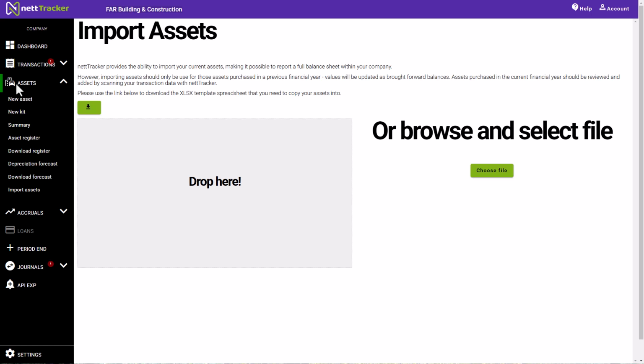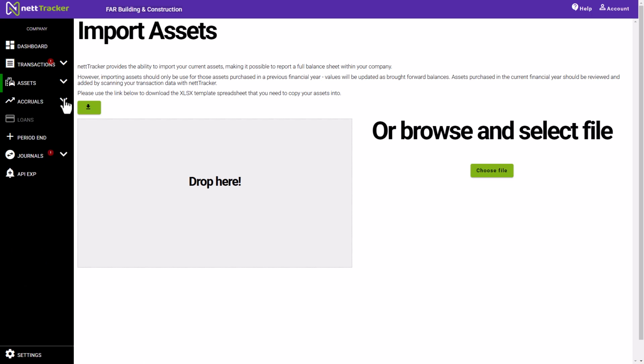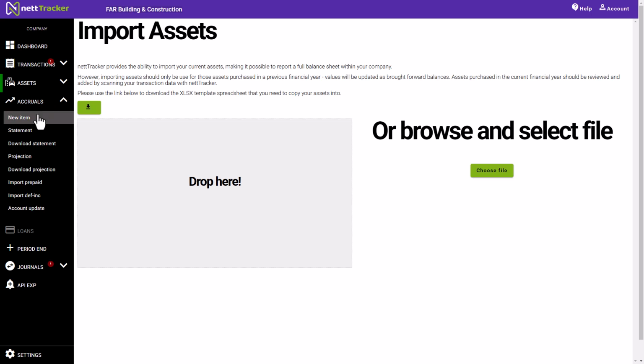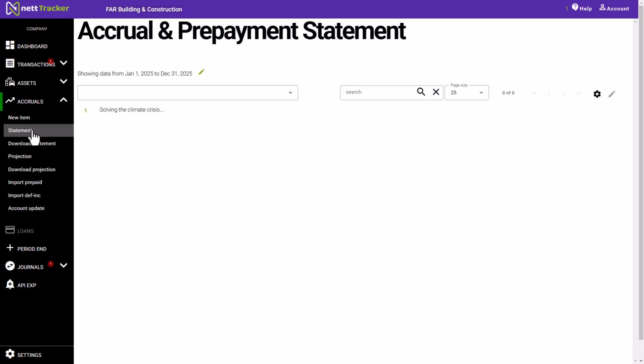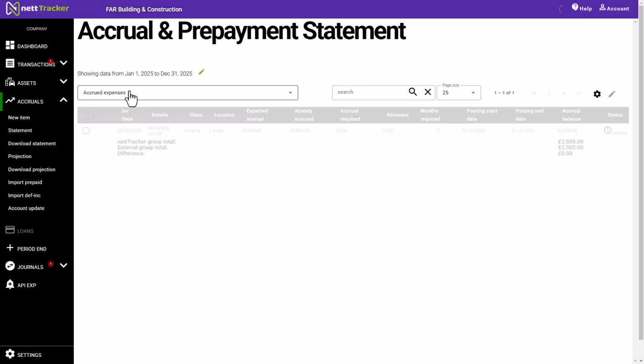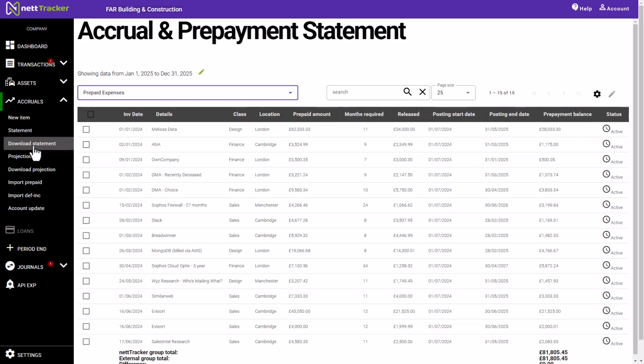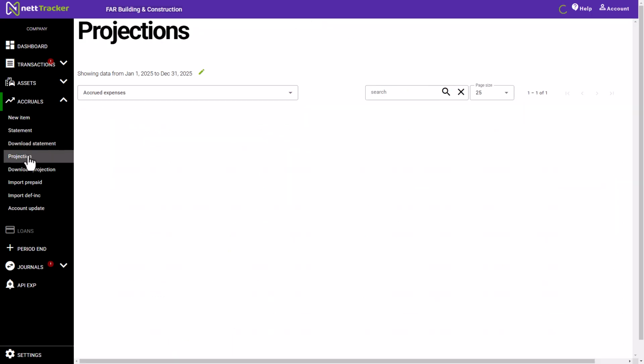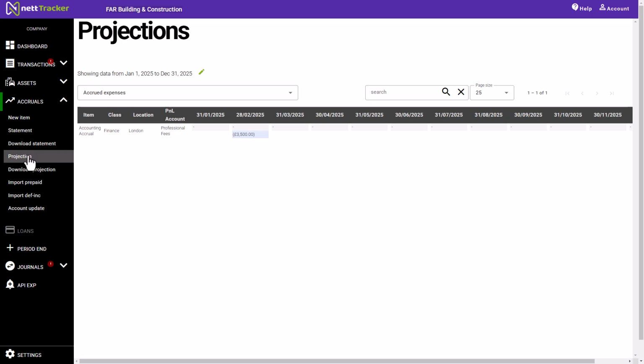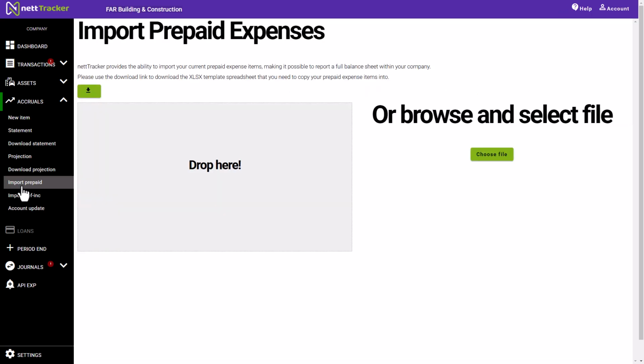Below assets, we have the accruals features where we can create new prepayments and accruals. We can view statements of our accruals and prepayments. We can download statements of our accruals and prepayments. We can view projections of our adjustments, download those projections. We can also import a list of prepays using an Excel template, and we can import deferred income, again using